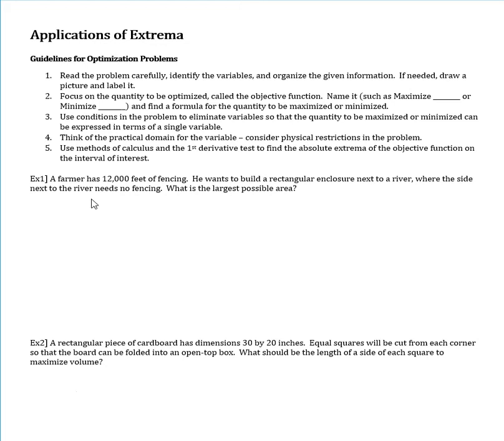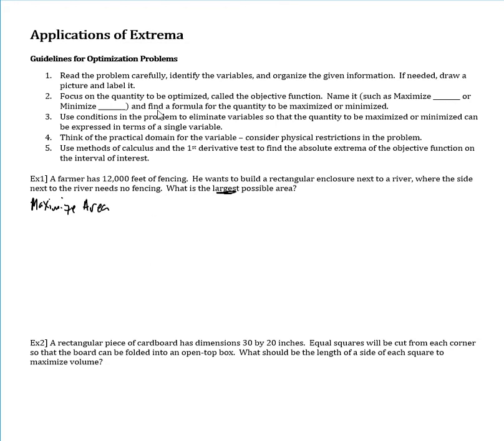So in this example, it says a farmer has 12,000 feet of fencing. He wants to build a rectangular enclosure next to a river where the side next to the river needs no fencing. What is the largest possible area? All right, often I like to focus on the question first, so the end of this whole paragraph thing. What is the largest possible area? So largest possible area means that we need to maximize the area. So I'm going to put that over here. We need to maximize